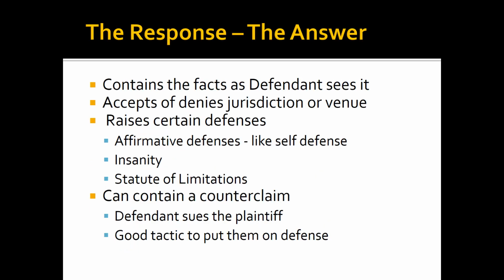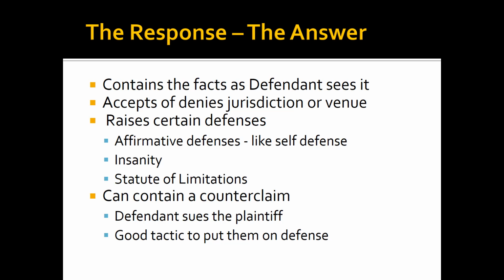All right, after you get the complaint, there has to be an answer, which is the document that is prepared, and it's in many ways a mirror of the complaint. Same headings at the top, talks about jurisdiction, talks about venue, will contain additional facts. Again, they don't have to be complete. It can, at this point, raise certain defenses. Like in a criminal case, it might raise insanity, or it might be a statute of limitations has run, or a statute of repose. There are different defenses.